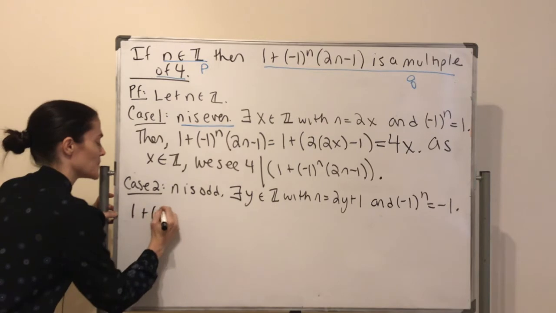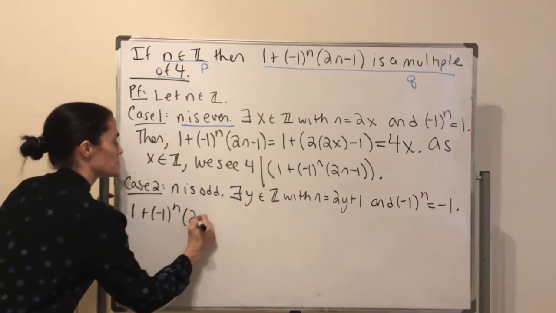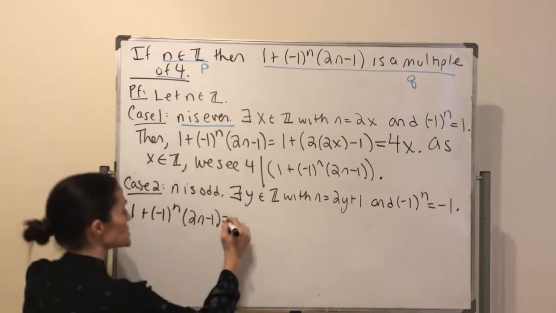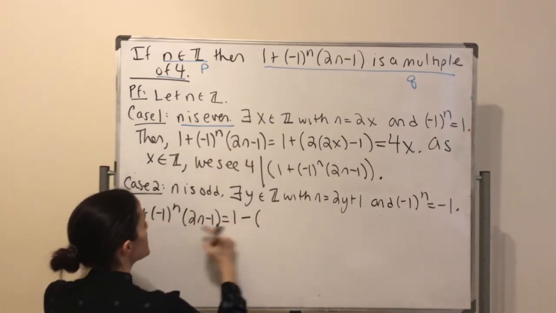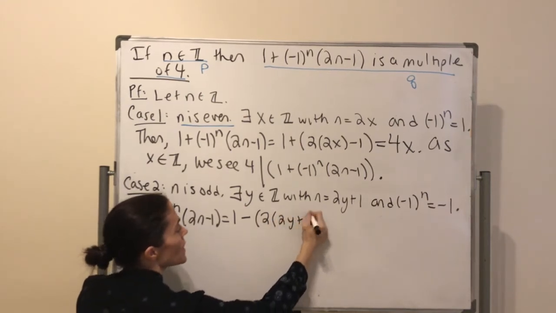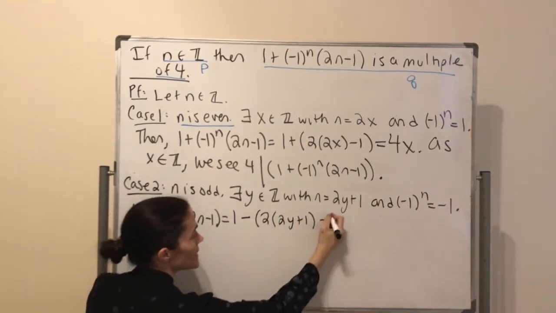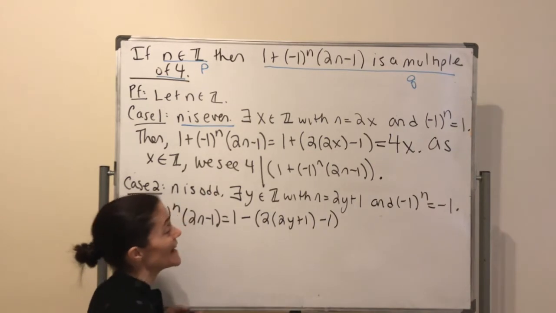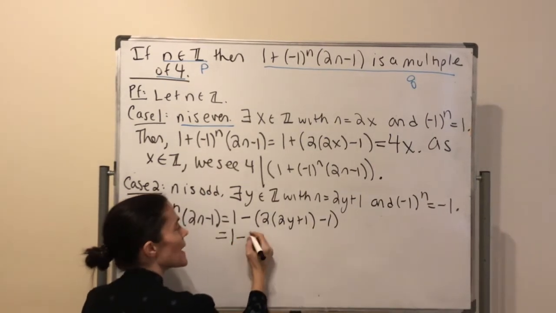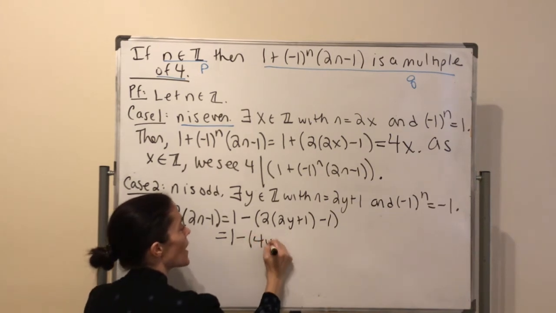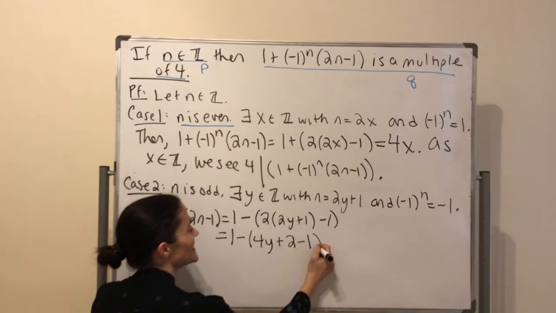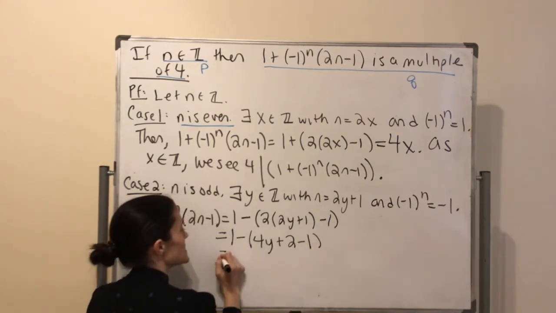So 1 plus minus 1 to the n times 2n minus 1 equals, well, this is 1 minus, we have 2y plus 1 minus 1. Now I just need to work with this expression. This is 1 minus, this is 4y plus 2 minus 1, which is,